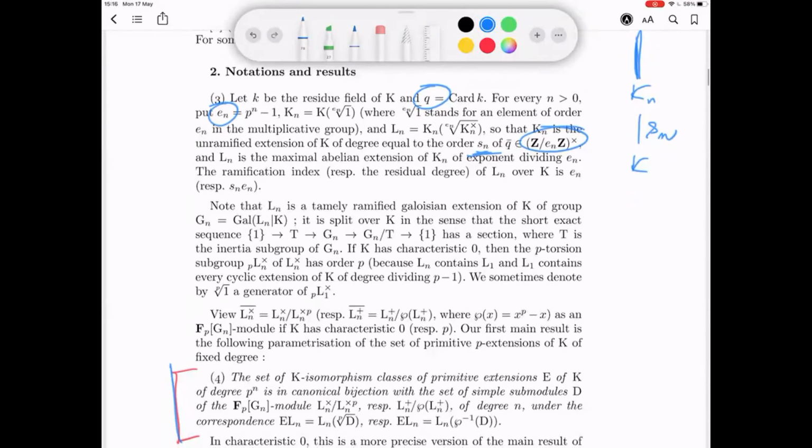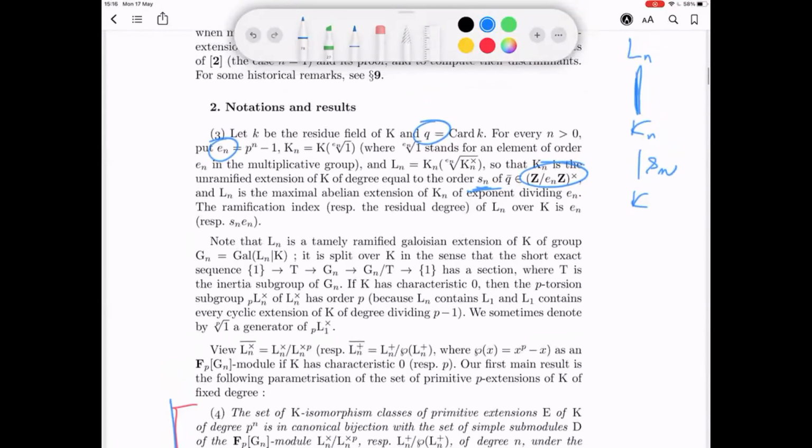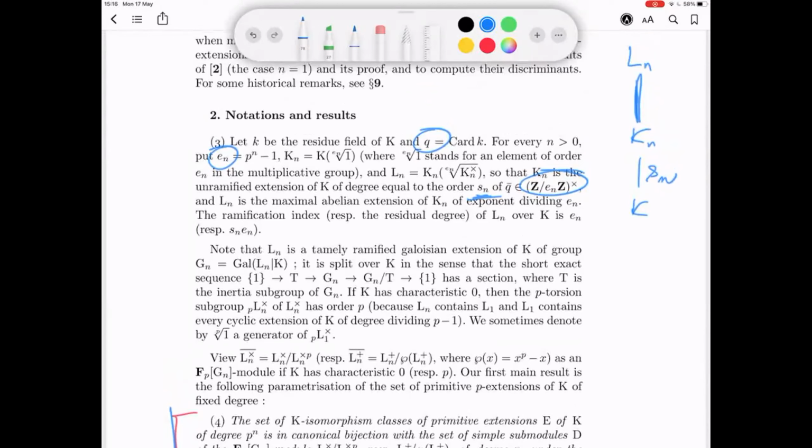That's very easy. All of you should be able to compute this. The degree of Ln over Kn is just En squared. Or to be more precise, what I should say is that,